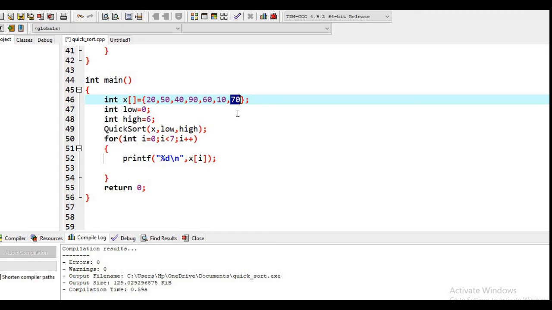It will not cost any extra running time. It will take just linear time. You will just take array 0, you will take array n minus 1, and then you will take the middle element, and whichever is the median of these three elements, like 20, 90, 70, 70 is the median, so you can take 70 as the pivot point, and then we can be relaxed that quicksort will perform efficiently. Okay, so this is the best strategy to implement quicksort, and I hope you understood.